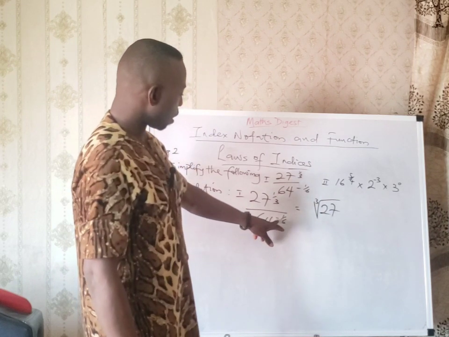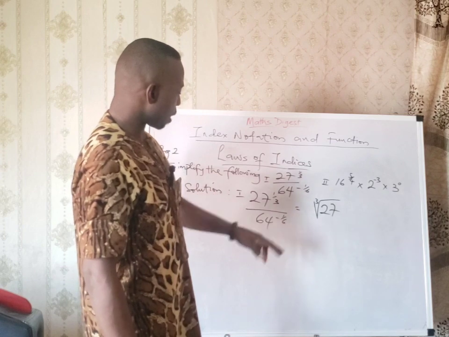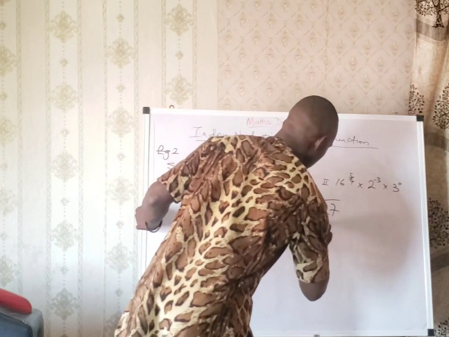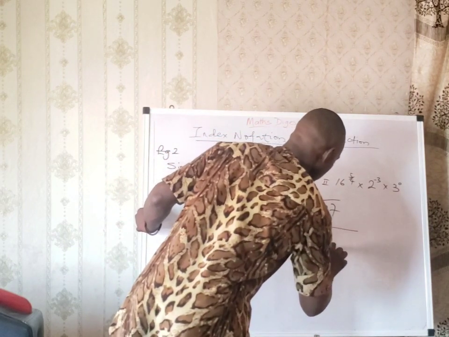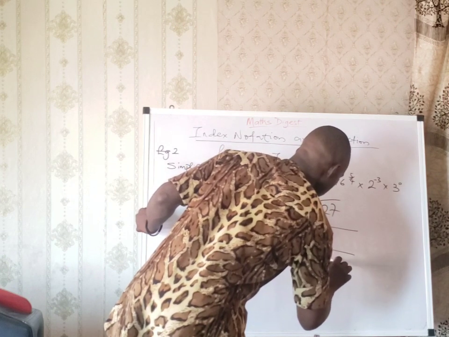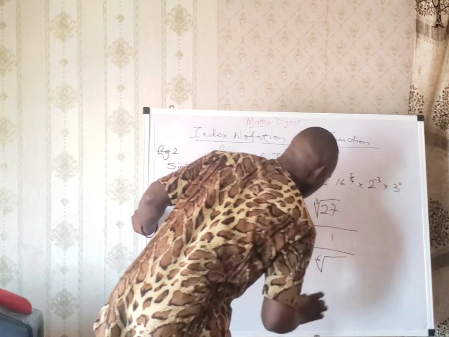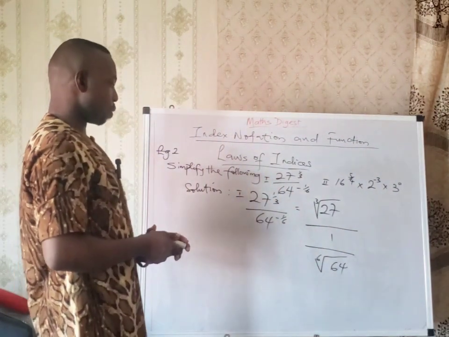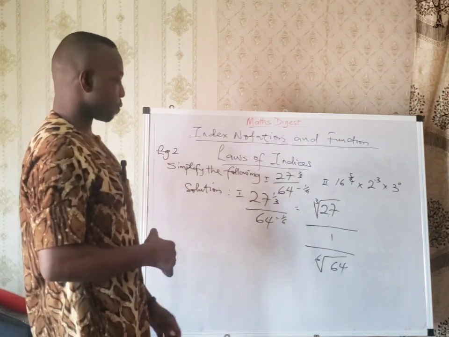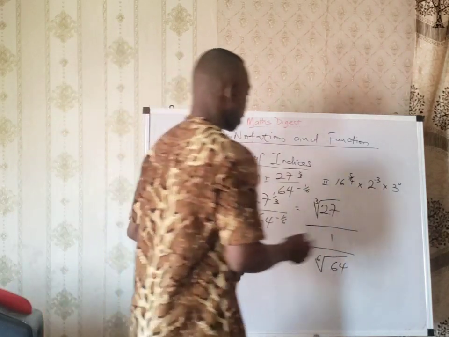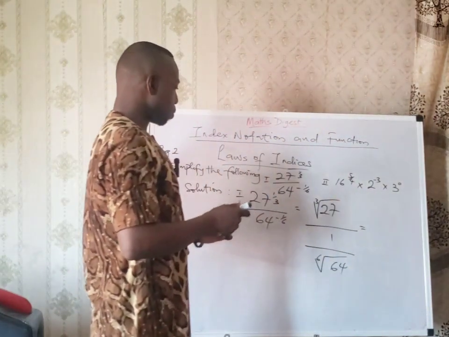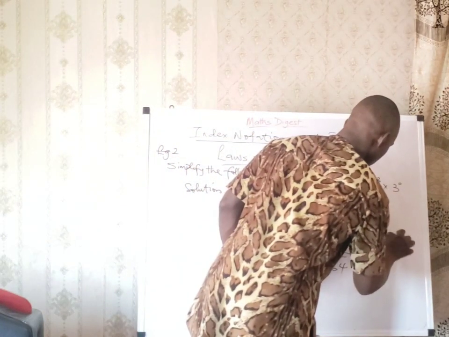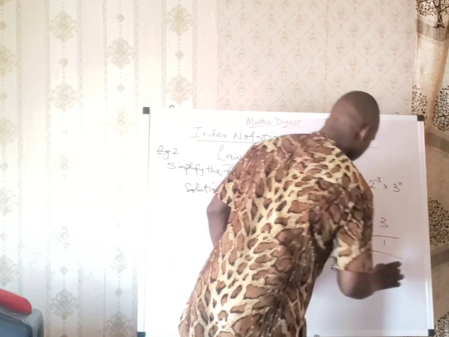okay? So from here now we have 64 raised to power minus 1 over 6. So in this case, what we are going to do is this. We say over 1 over the 6th root of what? 64. Okay, do we understand that? 6th root of 64. Now from here we can say equal to, now cube root of 27 is what? Is 3. Okay, 3 over 1 over, now